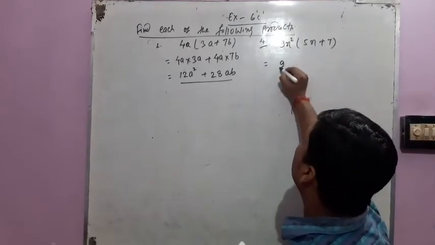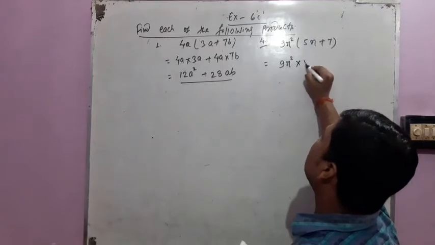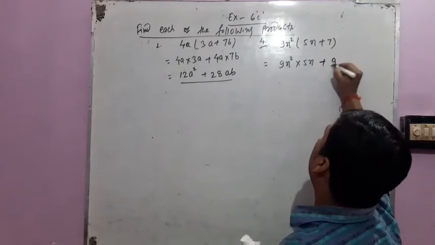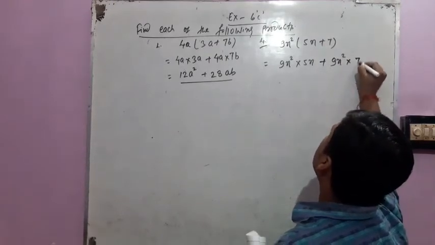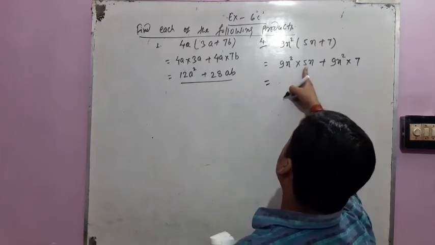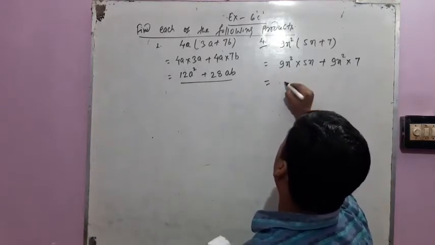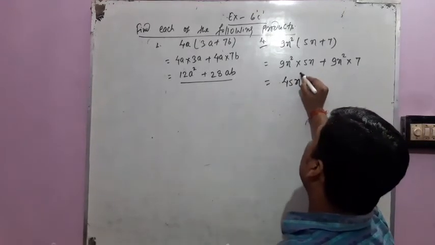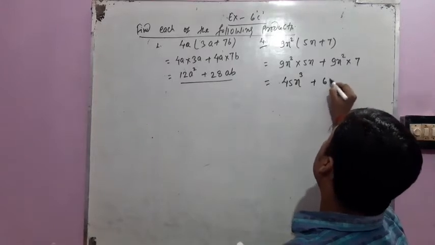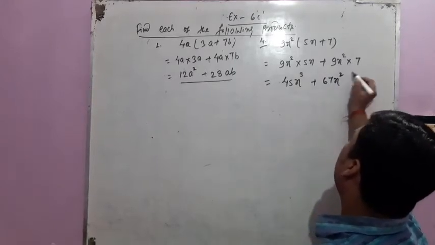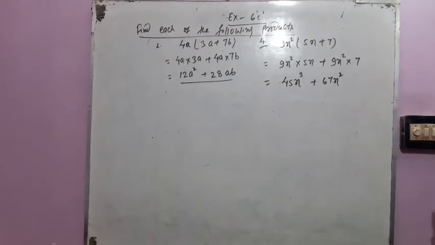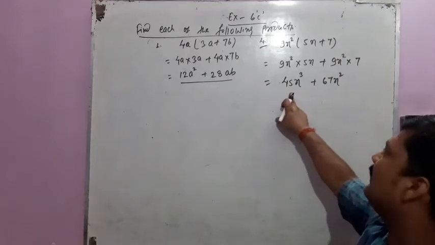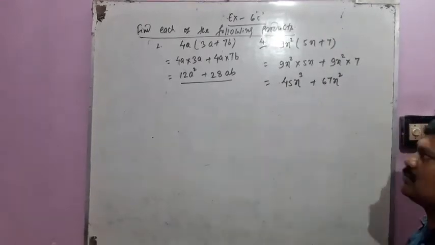So we are here multiplying 9x square with 5x. Again, first multiply the signs here, plus times plus is plus, and 9x square with 7. Now multiply the constant terms of the algebraic expression, 9 fives are 45, and add the exponents of the same variable. So here 2 and here 1. So 2 and 1 is 3, x cube. Now 9 sevens are 63, and here there is no variable, so only this variable we applied here, x square. So when 9x square is multiplied with 5x plus 7, the product is 45x cube plus 63x square.